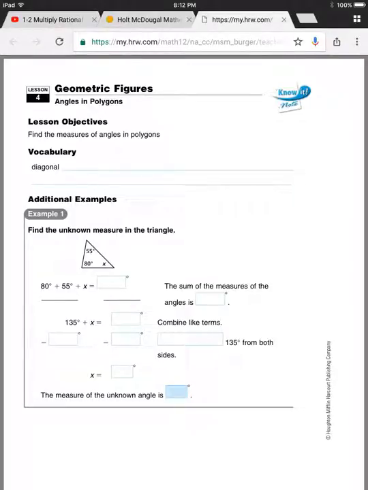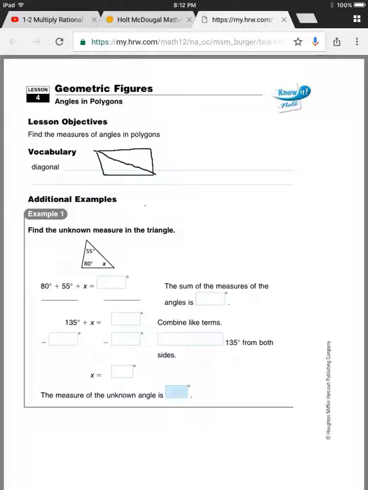Okay, a diagonal is a line segment that connects two non-adjacent vertices of a polygon, which is like, well, what the heck? If you have a polygon here, which is a rectangle, right? A diagonal would connect your two sides, and your diagonals always create triangles. Okay? A triangle